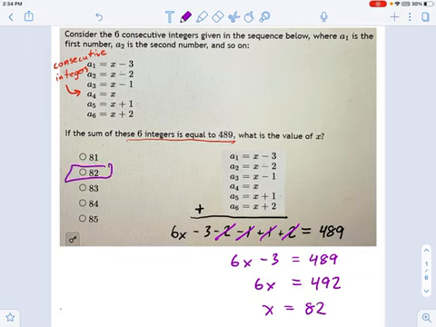And there we are. I'm not sure how you would do this one otherwise. You could always try guessing and checking, right? Take some numbers here, like maybe you just guessed 82, and plug it in to each one of those things, add them all up, see if it's 489. But you're probably looking at more work doing it that way, because the second you guess wrong, you're doing this twice, 3 times, it's going to take you a while. So remember that you can add up equations just like you can numbers or variables.